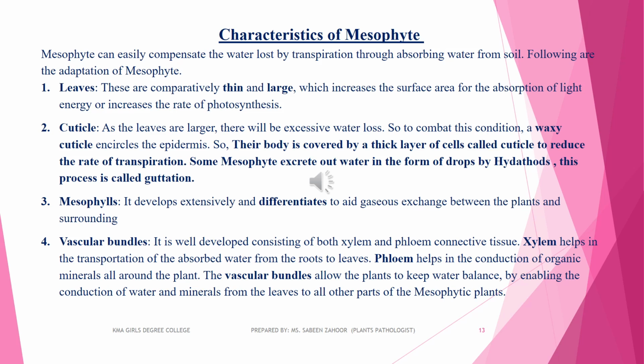Plants have vascular bundles containing xylem and phloem. The function of xylem is conduction of water, which transfers from roots to the whole plant body, whereas phloem helps in the conduction of food material or organic material from the leaves where photosynthesis takes place, and translocates the food material or mineral nutrition to the whole plant body. Right, girls?